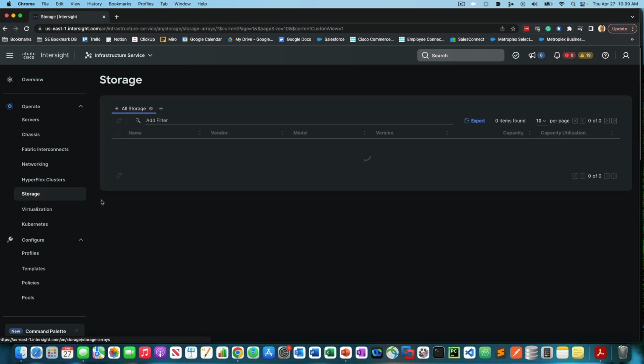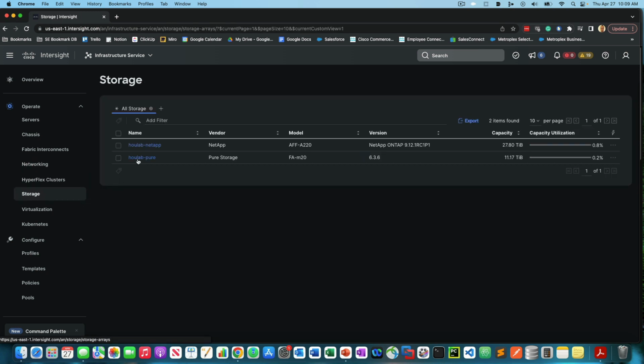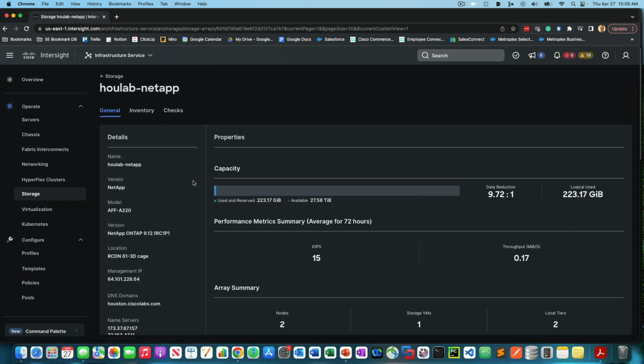Storage is another good one, which gives us visibility into third-party storage arrays. In this environment, we have both NetApp and Pure. And so it gives us the visibility to look at the environment and see how we're doing from a performance standpoint, looking at IOPS, throughput, but also capacity. And so this really gives us that single pane of glass to be able to look at things